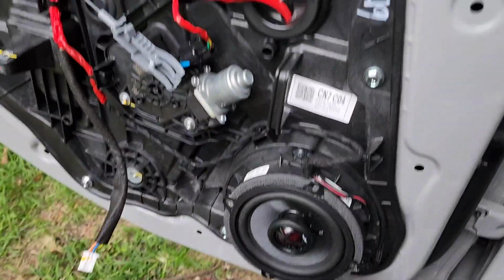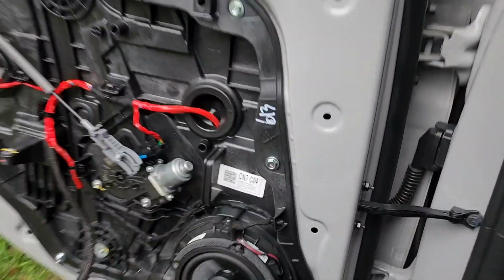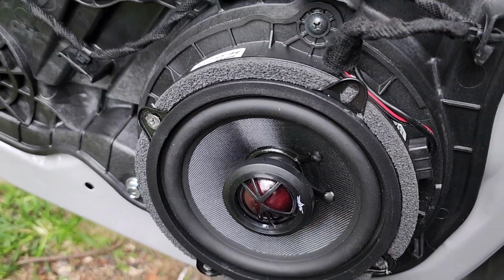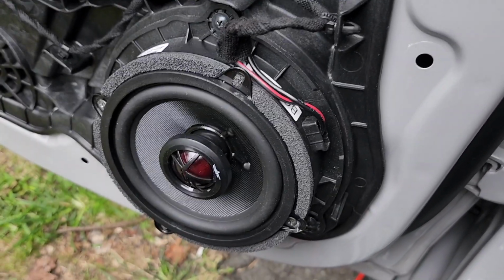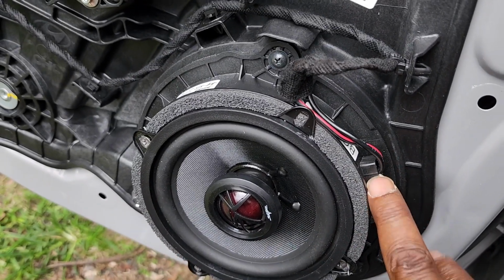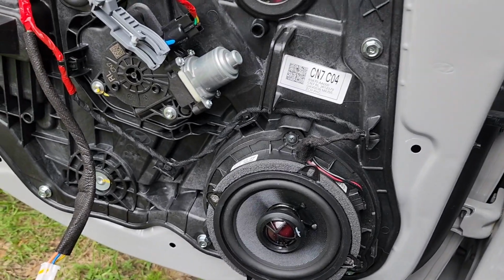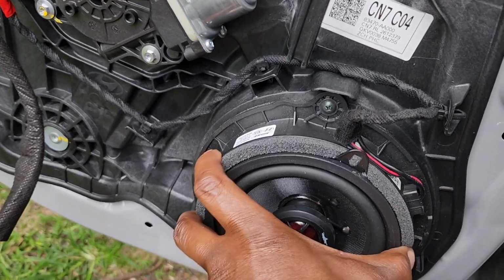Yep, there it is. The 5 1/4-inch Scar Audio is mounted into the door panel. Kind of upsetting because the Scar could have been pointed down. But I did everything in the house. I mean, it's behind the door panel, but if you guys are anal, just make sure you use that and however you want to line it up. That way it'll look perfect where nobody can see it. But that's a speaker solidly mounted in there using